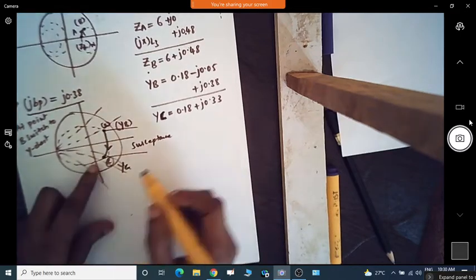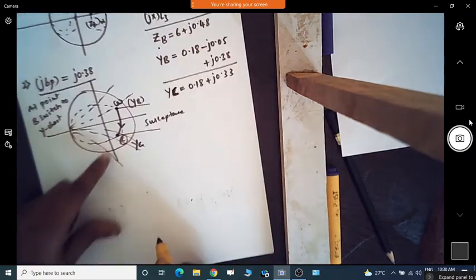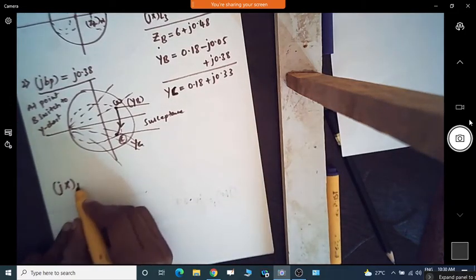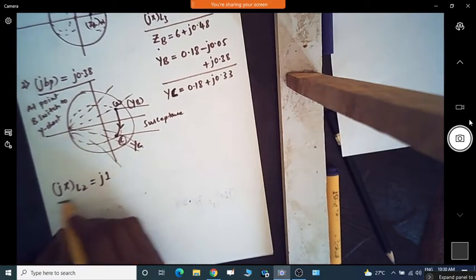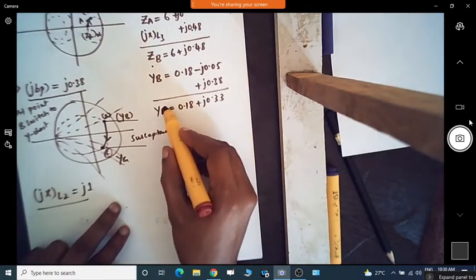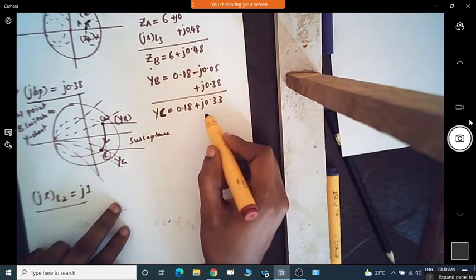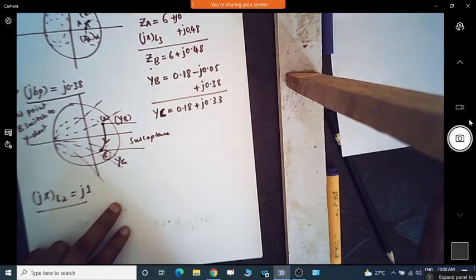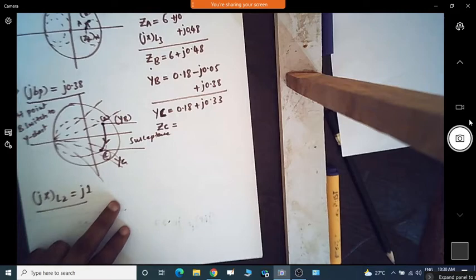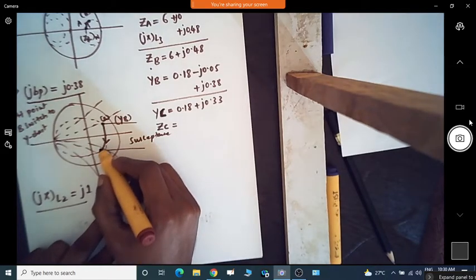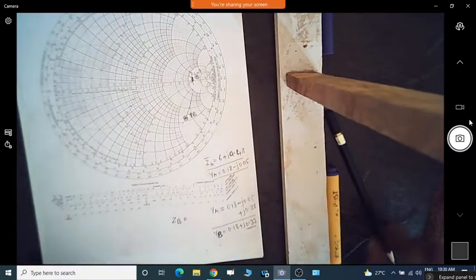After C2, again we need to add the inductor L2, the reactance offered by the inductor L2. The reactance it offers is j1. But here we have the admittance value at point C. Since we cannot directly add the reactance to it, because it is in conductance and susceptance values, at this point we need to find the impedance. So at point C we have to find the impedance ZC. Now I will find out the value at point C.